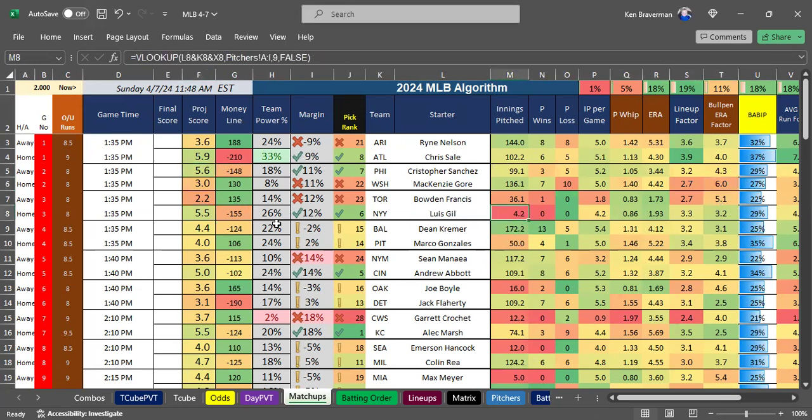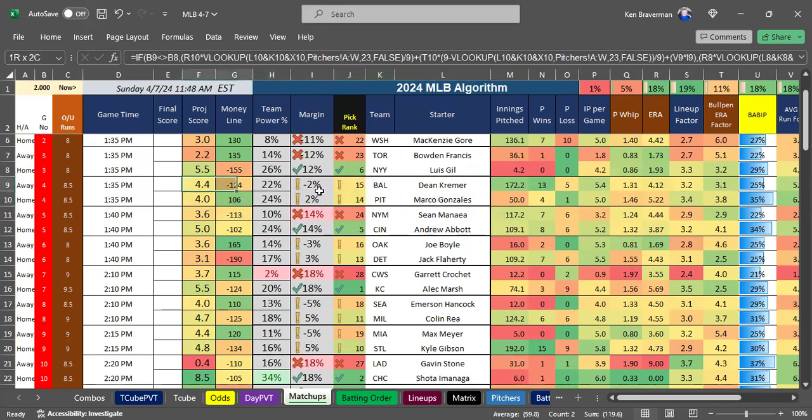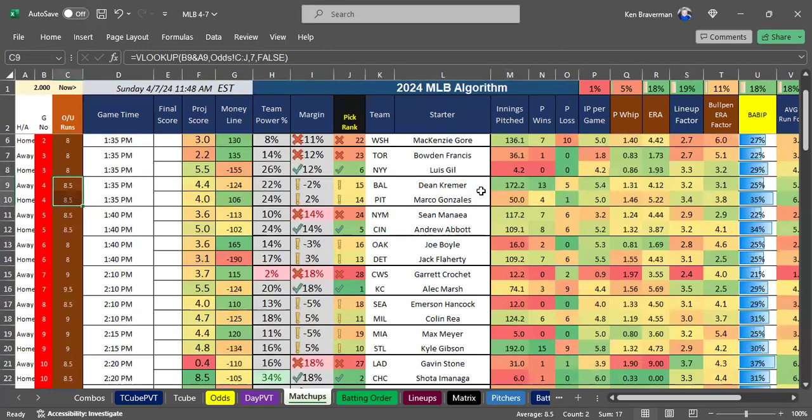Yankees, yep, limited pitching stats, but the Yankees are doing their best to try to win games. But this should be a good pitching matchup. Baltimore, Pittsburgh, very close. Notice the projected score favors Baltimore. This is the closest game of the day. The underdog line's not enough. This is just a really, really close game. They probably get there on the over on runs because of this battle, trying to get runs in at the end of the game.